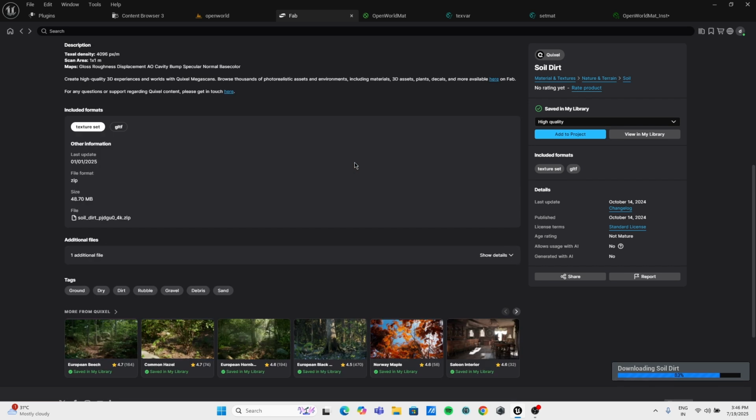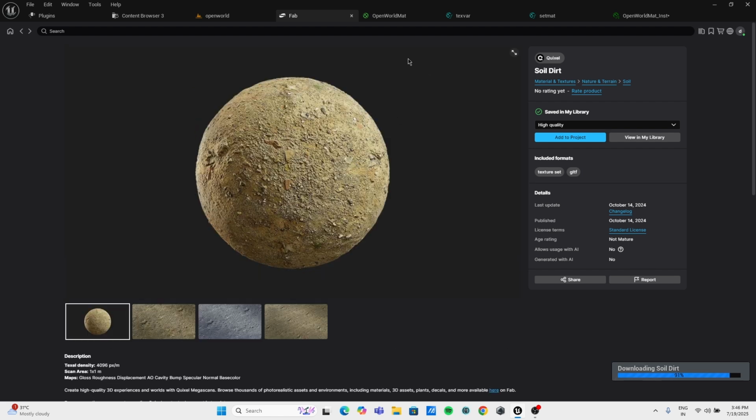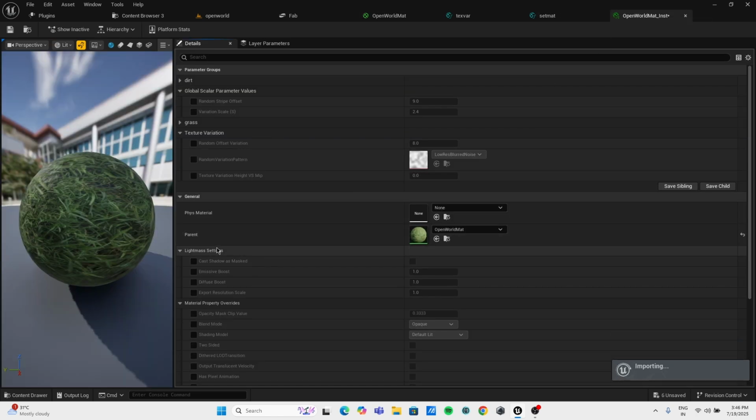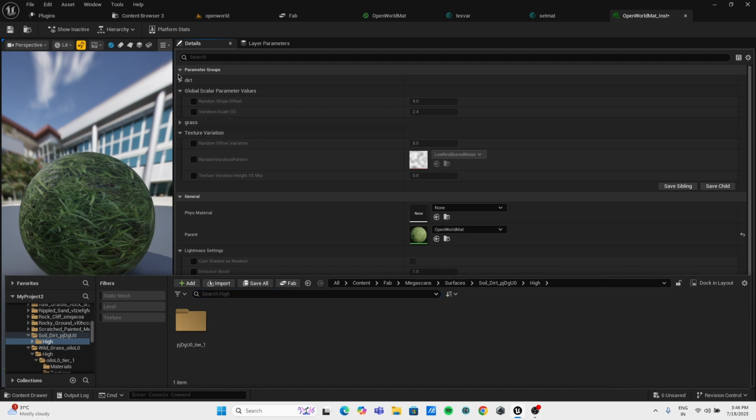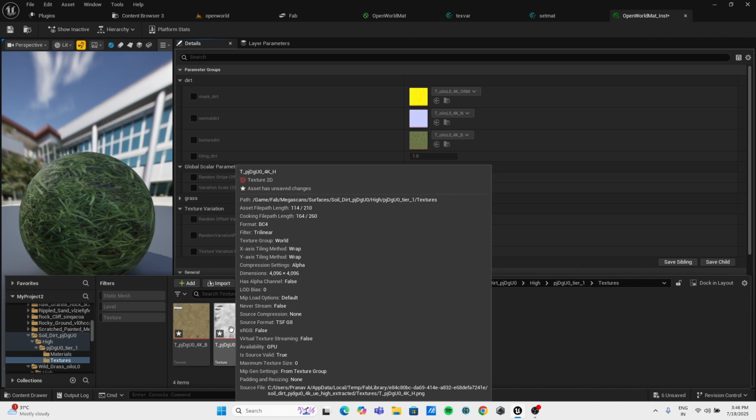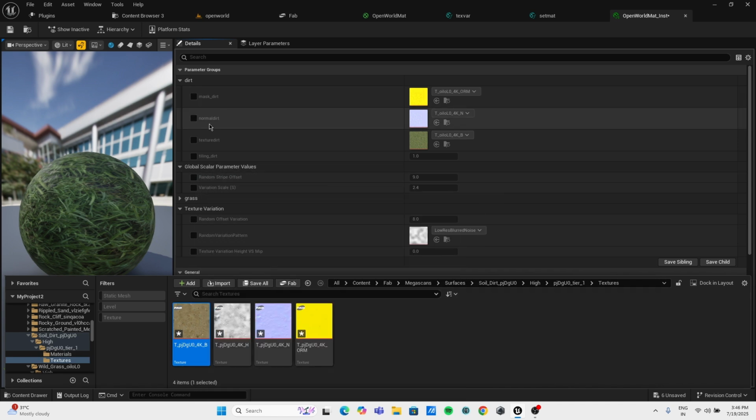We'll wait till it downloads. Yeah, it is downloaded and right now it is being imported. Go in here and go for this and for textures I'll just